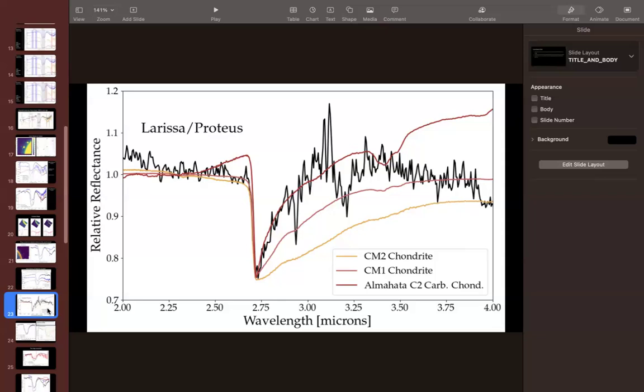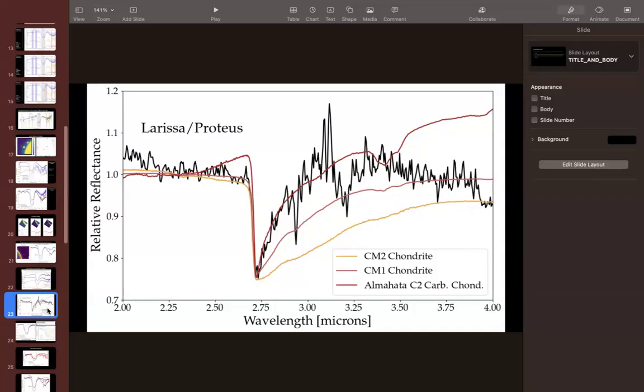And the only way I think we can get that is by having this early event happen, the Triton capture, destroy the regular satellite system, really grind everything to bits with high temperature material colliding to make even more high temperature material. So I think you have to have an initially relatively heightened temperature for this